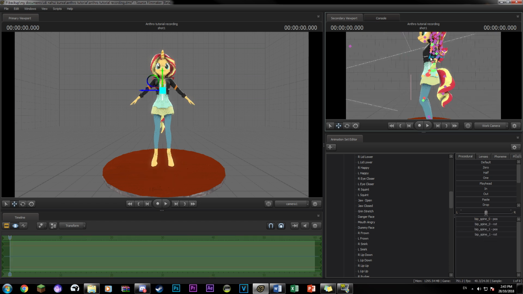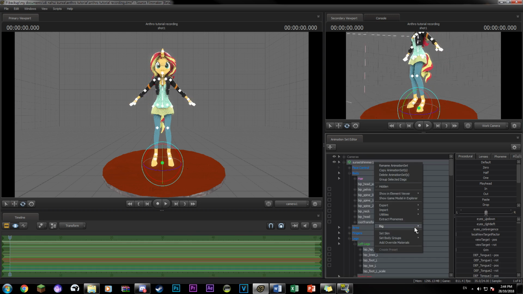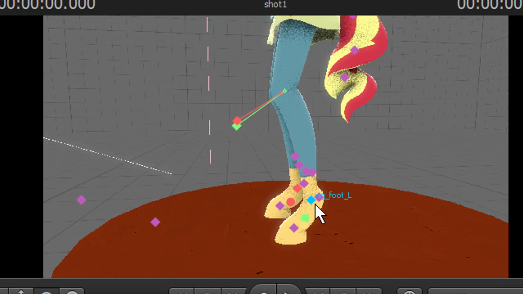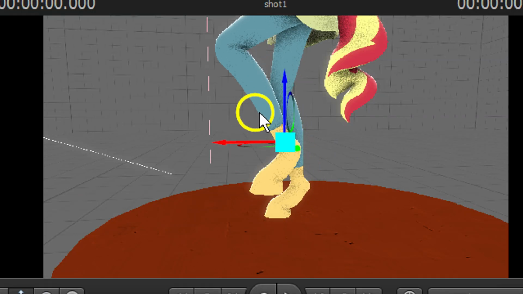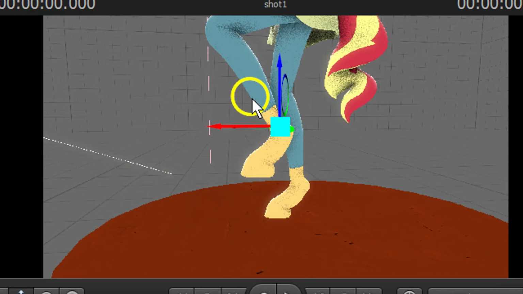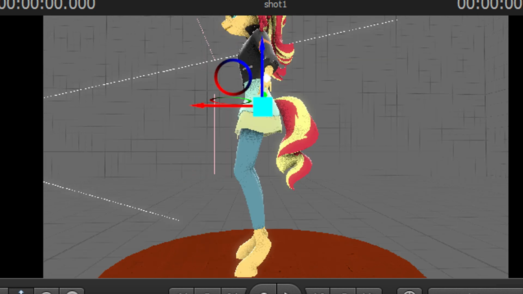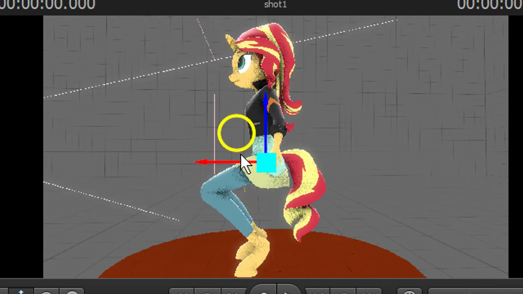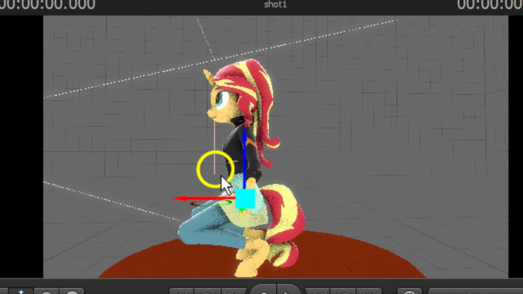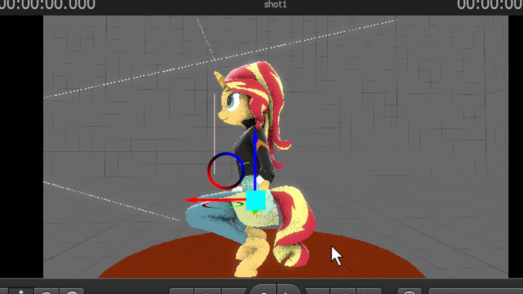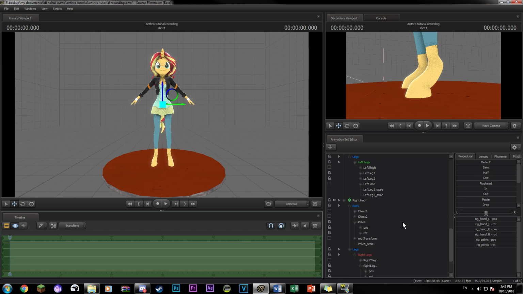Generally the knees are bent forward a little bit, as is the upper body. If we add a rig to the body model, we can see that the unguligrade legs respond to the rig like you'd expect them to, and because the hoof is locked to the Bipfoot controls, manipulating Bipfoot affects the hoof as well, meaning really the only thing that will need to be controlled from the pony models themselves are the end of the hoof. At this point I'll show you the numbers that I've found work well for position and rotation values of the hooves.